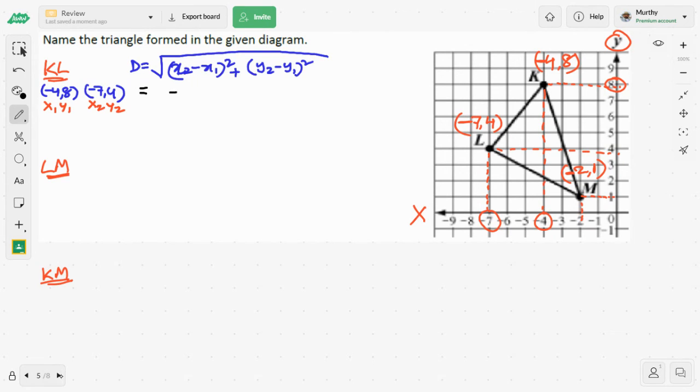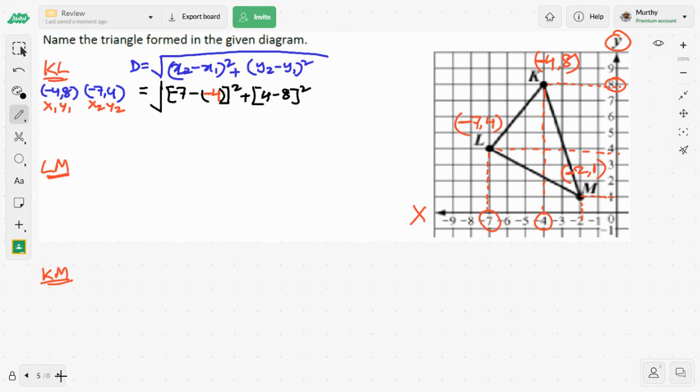You too do the same way. X2 subtract x1 is negative 4, so please see that here there is a double negative sign. Therefore let me use extra parentheses, squared, plus y2, which is 4 subtract 8 whole square